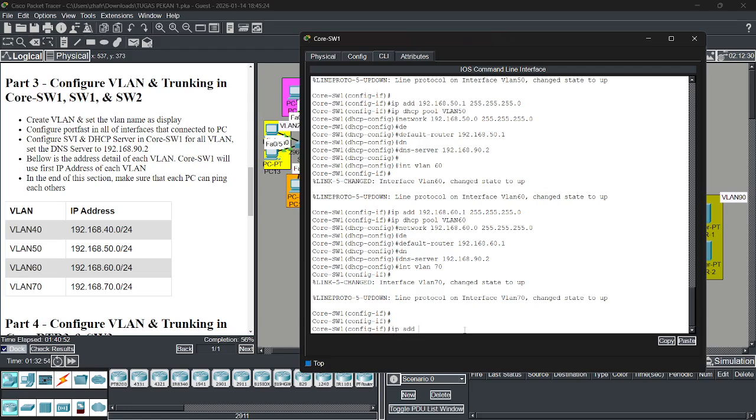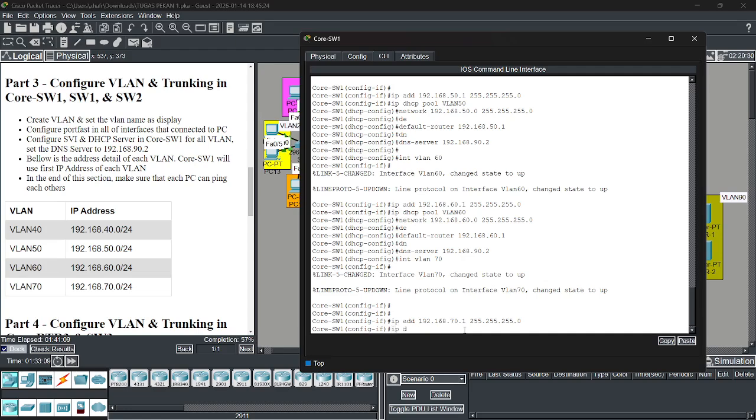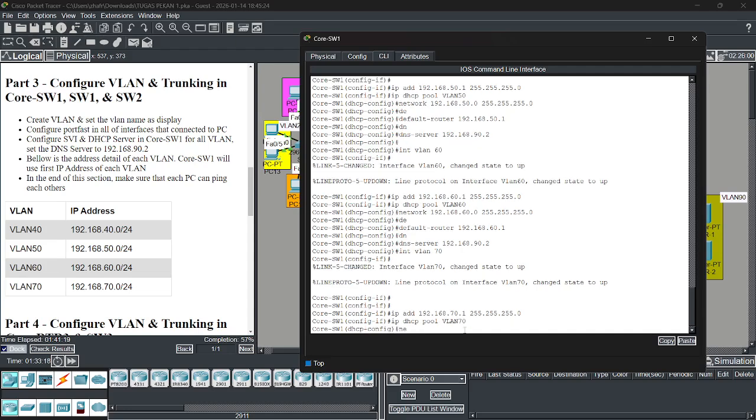IP address is 1, 255 255 255 0, and then IP DHCP pool VLAN 70, network 70.0, and then the subnet mask.